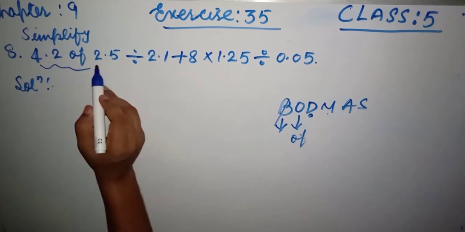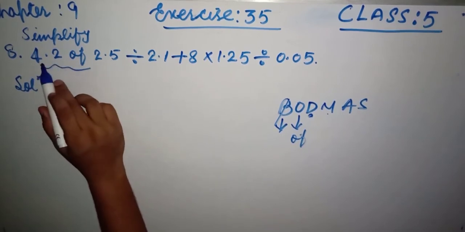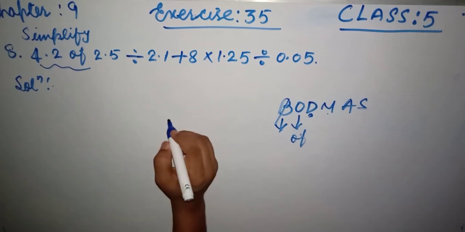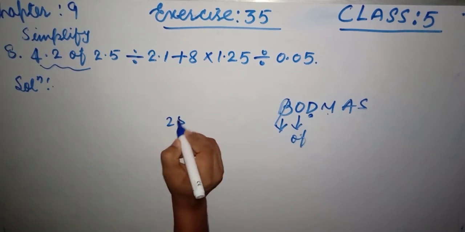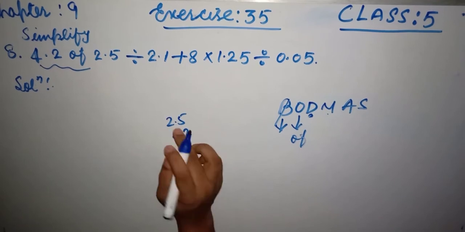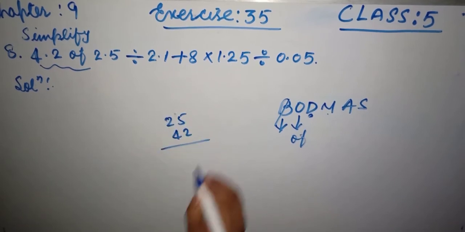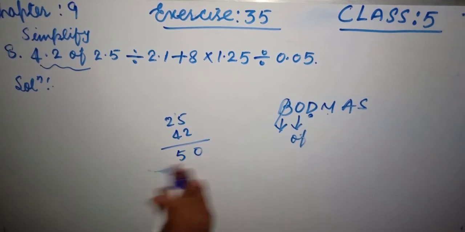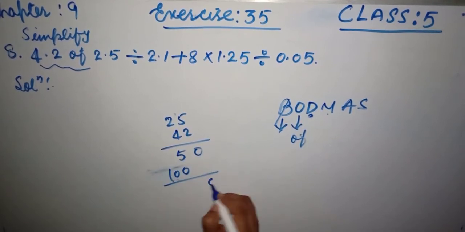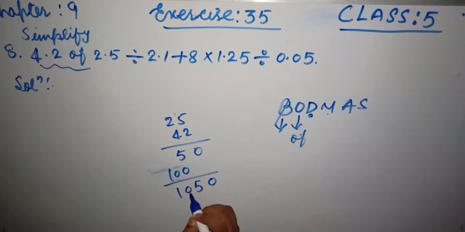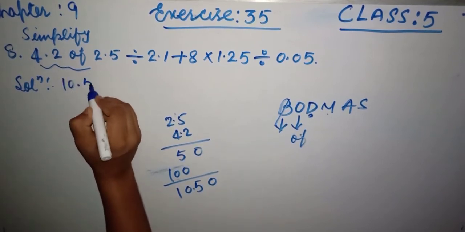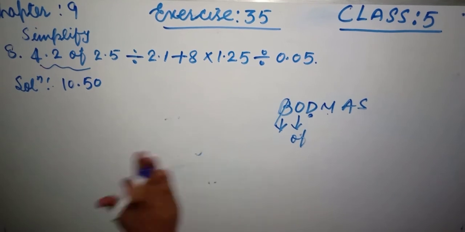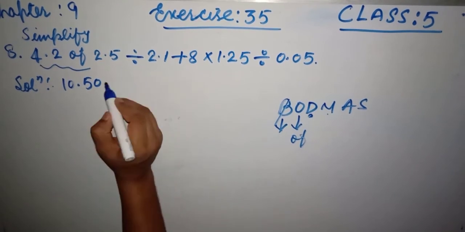Now 4.2 multiplied by 2.5, of means multiply, we have to multiply 4.2 by 2.5. Now multiply friends, 2.5 multiplied by 4.2. First multiply 25 with 42, this is 50, this is 100. Now add 0, 5, 0, 1, and here is the decimal. Number of digits after decimal 1 and 1, 2, here is the 2, 10.50. Okay friends, now come to here, this is division as it is,